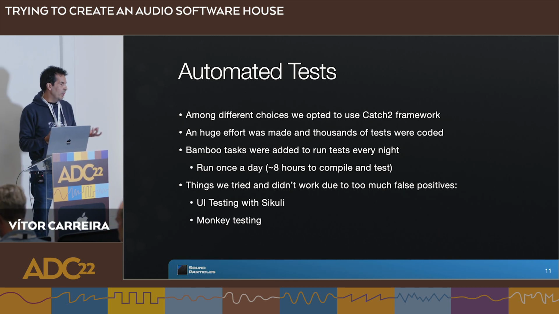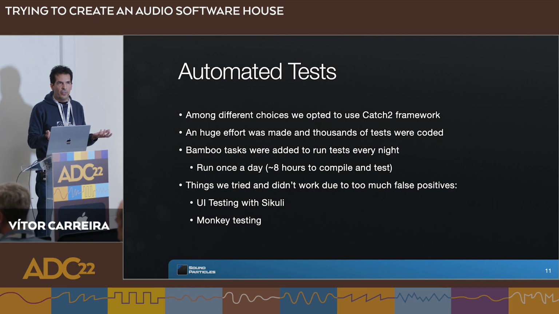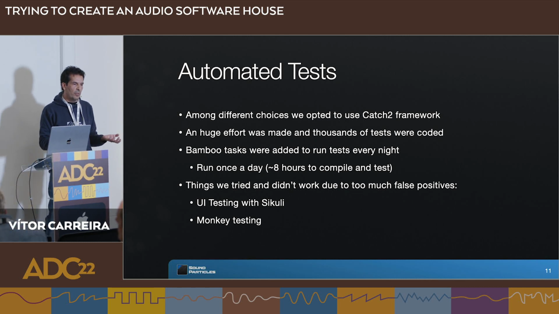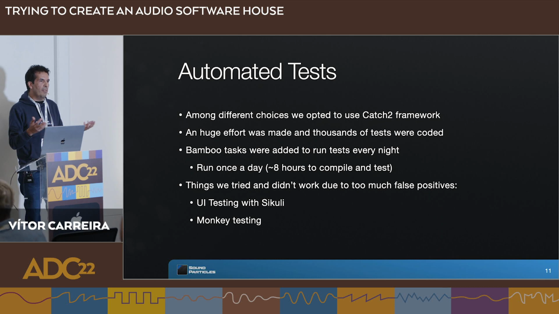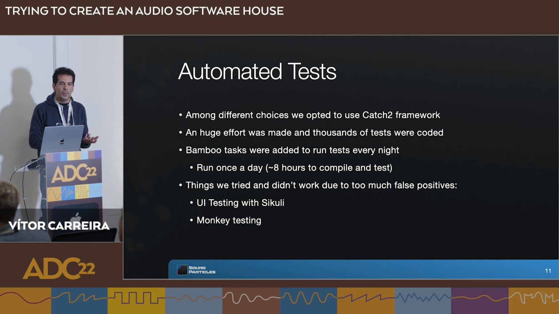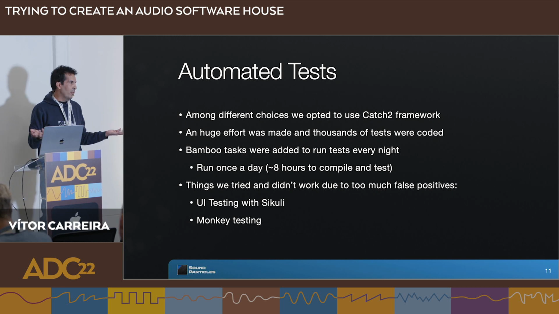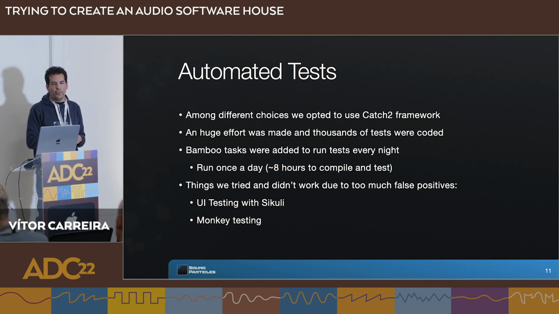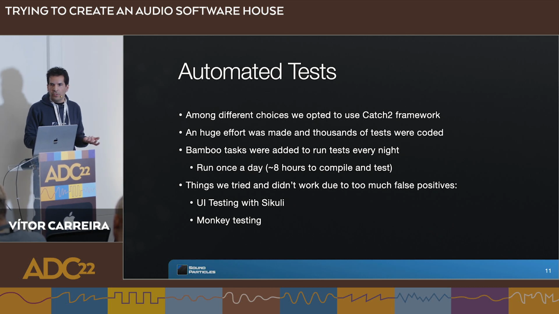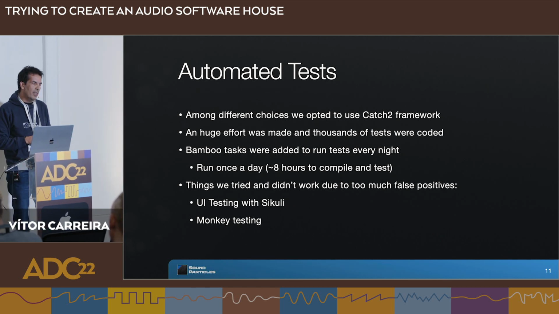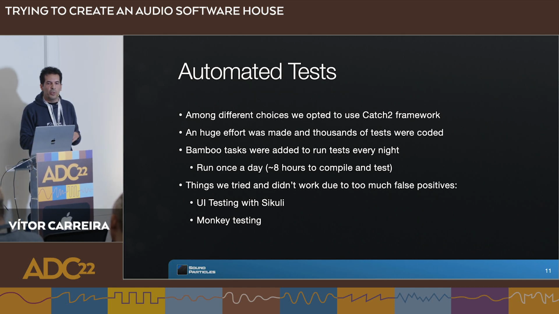We tried other things because it became apparent that tests using Catch2 only test the engine, the render engine, but we have a UI. So we tried to test the UI, but we have a problem here because we are targeting both platforms, Windows and Mac. We don't have a native framework for each of them, so we have Views, but in the case of Views, we only use the window abstraction. We have our own UI hierarchy,